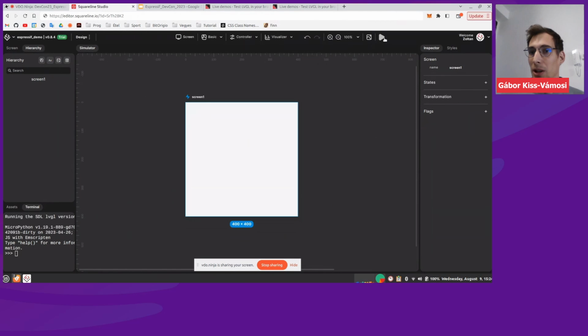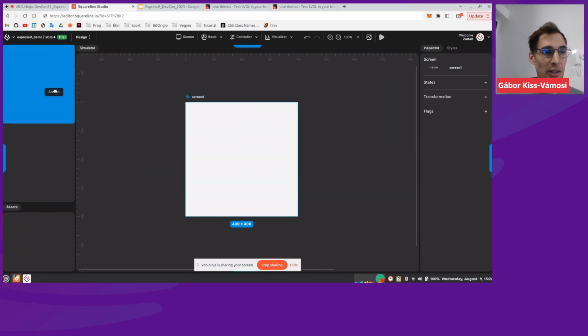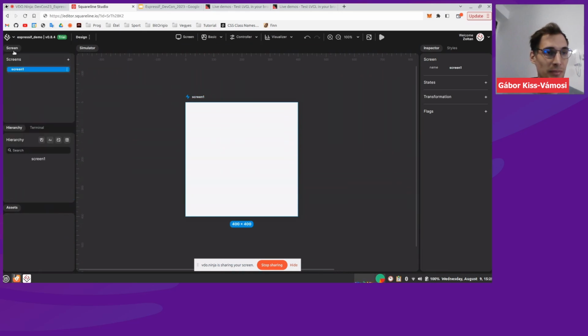You can still see this play button, so this instant play mode is still available. And here we have a pixel perfect preview again. So what you will see here will be exactly the same as it would look like on the target hardware. You can also change the position of these panels to customize your workplace. You can, for example, move this terminal here, and the screens panel, let's see here. Let's move it back for now.